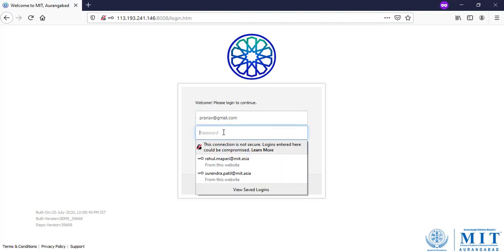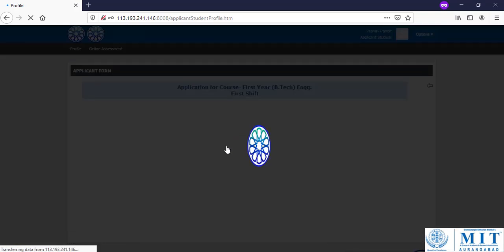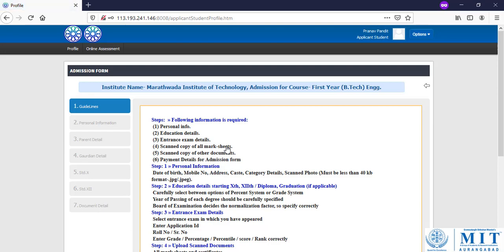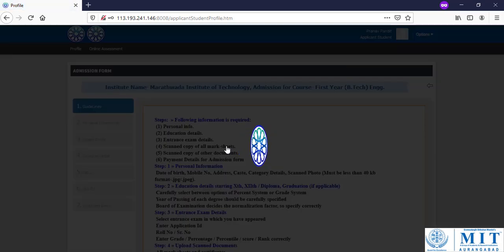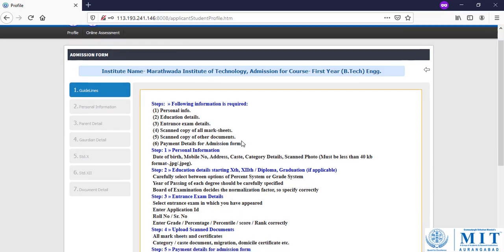So again we type the username and the password. In the second stage, the students are going to fill this admission form. One by one we will fill all the details here.